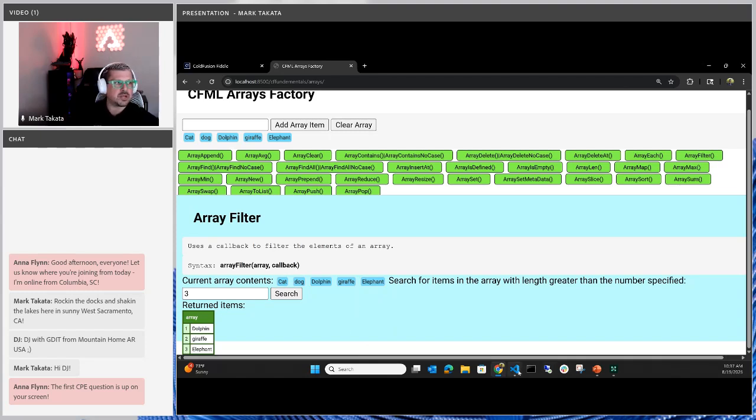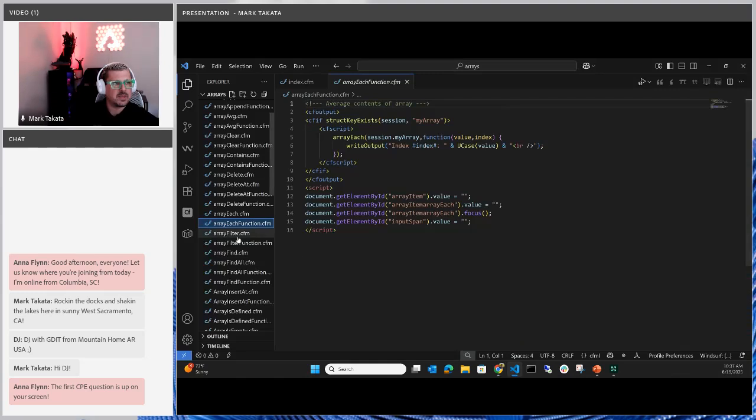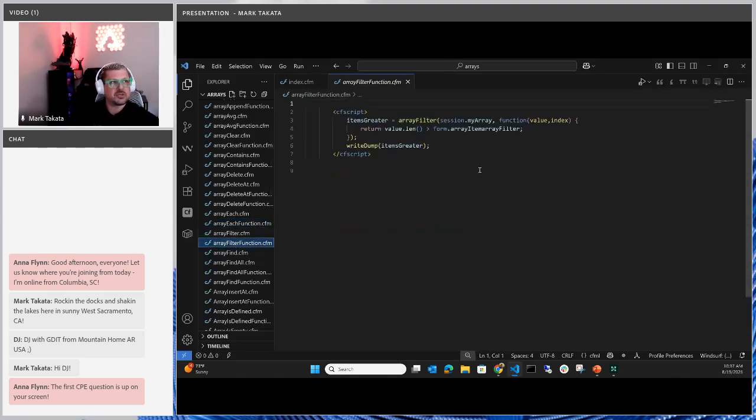Now let me show you real quick. This will look very familiar. So this is really it. We've got array filter as mentioned. We've got session.myArray that we're putting into it. The function, again, we're having value and index being passed in from filter. And we're going to return the value.length, right? So this is a member function here in ColdFusion that returns back the length of a particular value. In this case, it's the string length. That's greater than